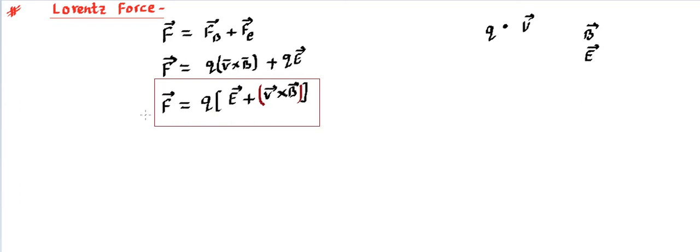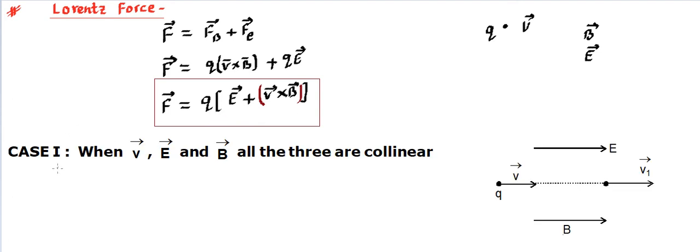So this kind of force which is coming because of both the fields is known as Lorentz force, and we can use this Lorentz force to solve questions whenever we find this kind of situation in which both the fields are simultaneously present. Now, what the final direction is going to be and what the final magnitude of force is going to be will all depend on these vectors. So it's a summation of two vectors, where the second vector comes from the cross multiplication of two vectors. Make sense? So this is the force.